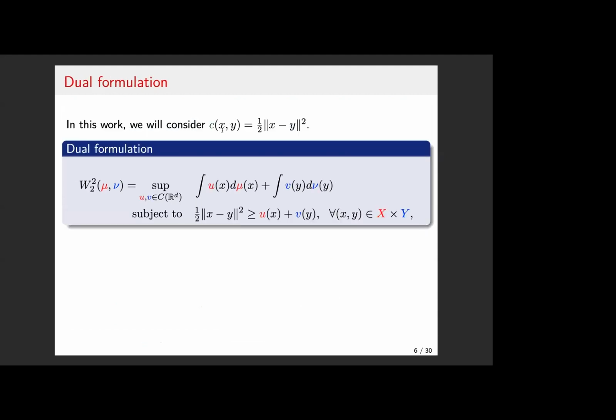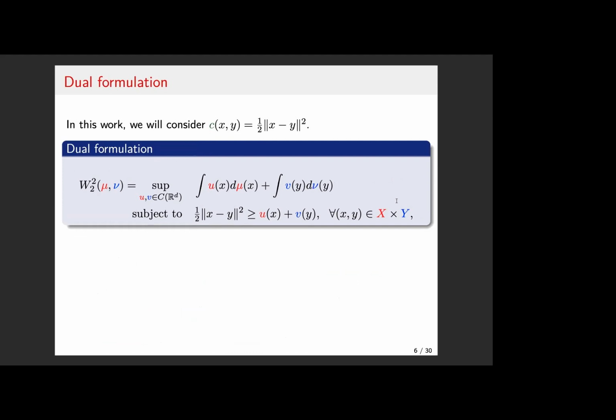So we're going to consider the case where the cost function is the squared Euclidean distance. And we're going to consider the dual formulation of the previous problem. In the dual formulation, we're trying to maximize the integral of a potential against mu and another potential against nu, under the global constraint that the cost function should be greater than the sum of those potentials at any pair of points. So this seems a bit abstract, but we could still try to interpret it